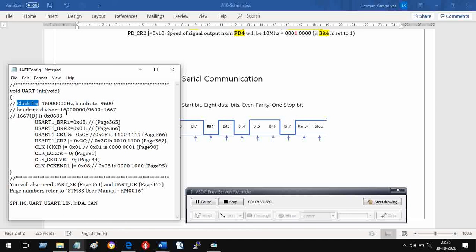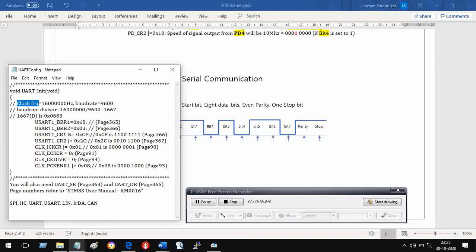I divide 16 megahertz by 9600 hertz, and the result is 1667. If I divide the frequency by this number, then I get a baud rate of 9600, and for that the appropriate registers have to be used.